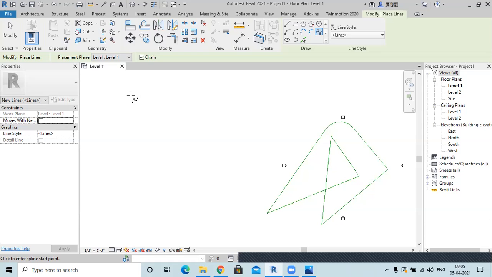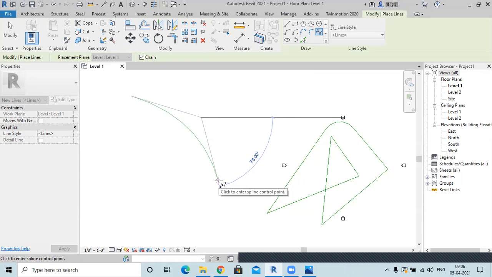Okay, for example, this is the first point. Now you will see this is just a line, but when I select my second point, I can move my curve. Second point will be the reference point for my third point, and then my curve will go from second point to third point wherever I click and select my third point. For example, here I have selected my third point.